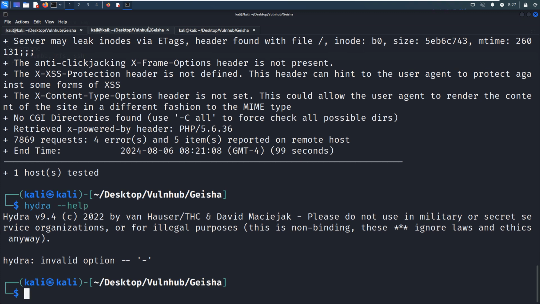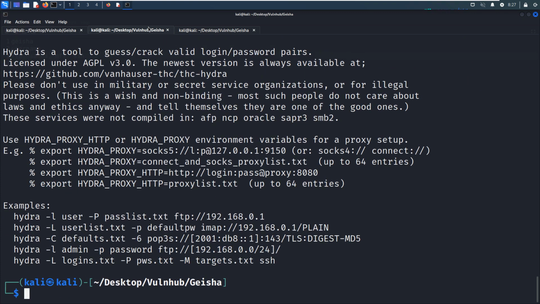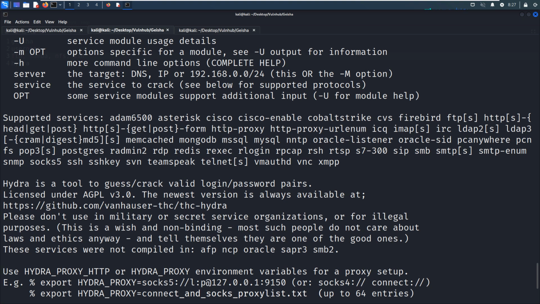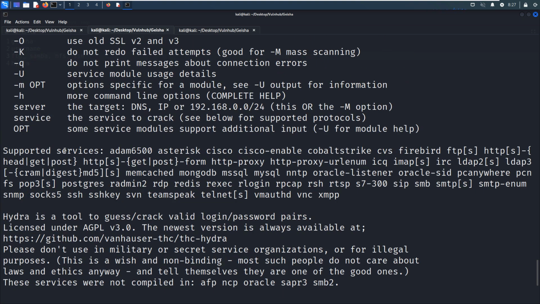Oh, sorry, we can use the -h option, and you can get the supported service information, like a DAM, which should be some sort of VoIP, right? Cisco, Cisco router, switch, enable password, Firebird.